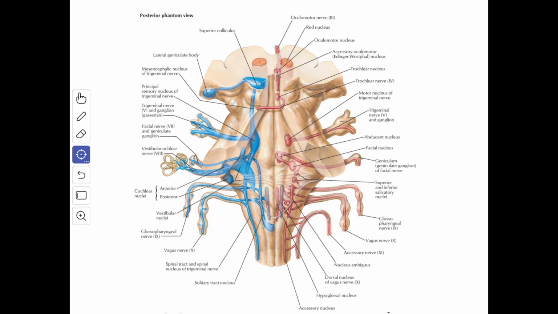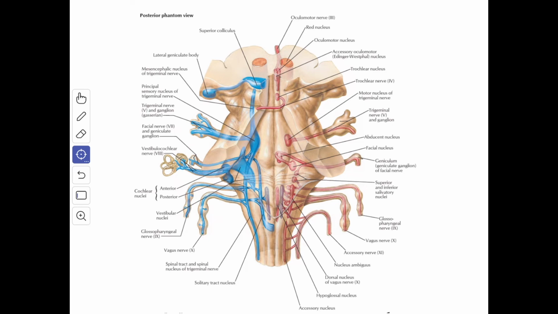The fibers from the nucleus are first directed dorsally and then turn sharply into a ventrolateral direction to mingle with the fibers of the 9th, 10th and 11th cranial nerves, which emerge from the medulla along the posterolateral sulcus. The fibers from the nucleus ambiguus supply the muscles derived from the 3rd, 4th and 6th branchial arches. Next we'll see the general visceral efferent nuclei.